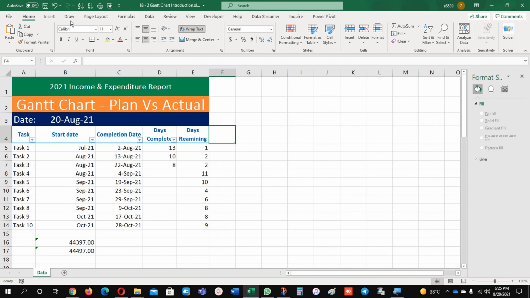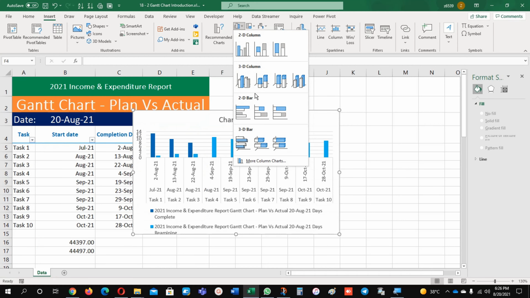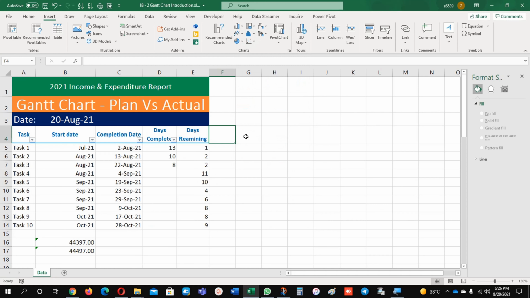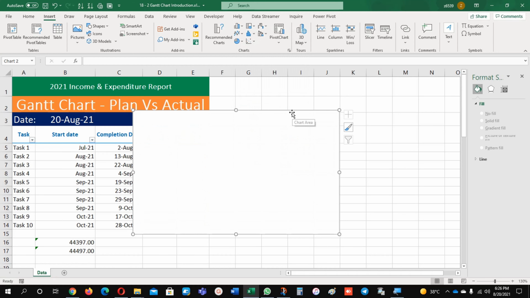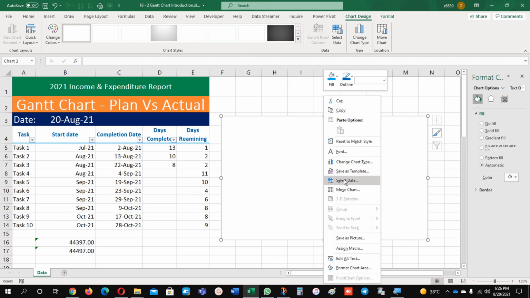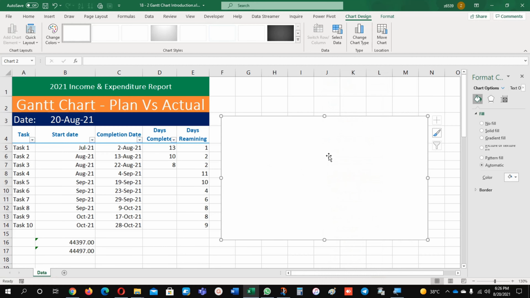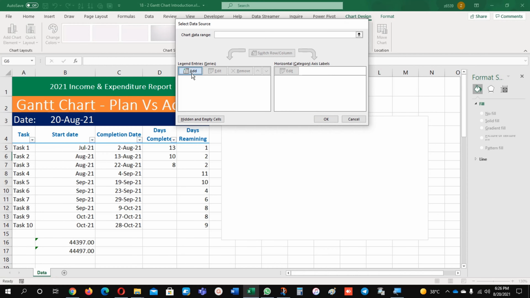And now just go to insert and graphs. You can select any of them. I'm going to select this one, stacked bar 2D, and it is here now. Right click on the chart, either on the chart or on the chart design. Just go here and select data from here, either from here directly. It's a shortcut which we can use very quickly. Select data, add data,